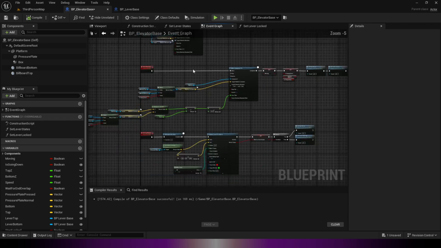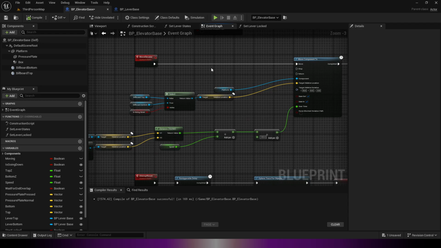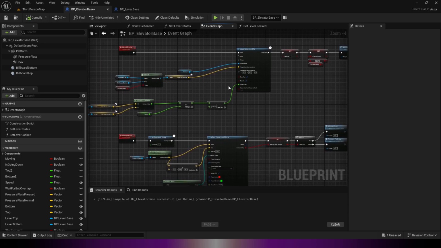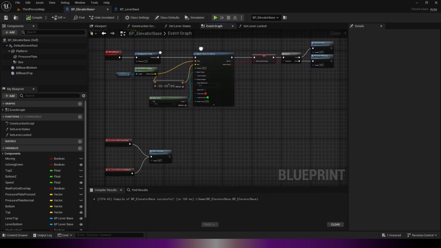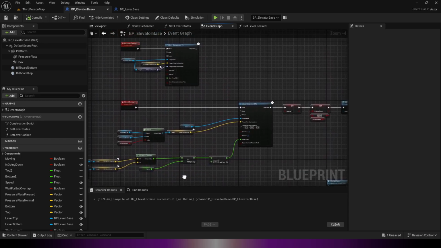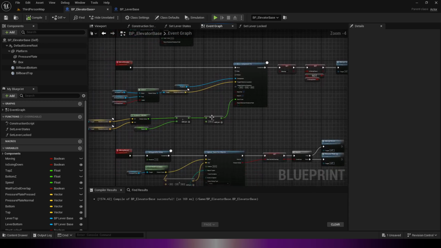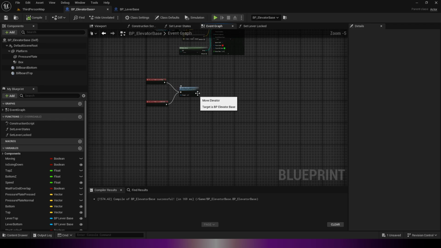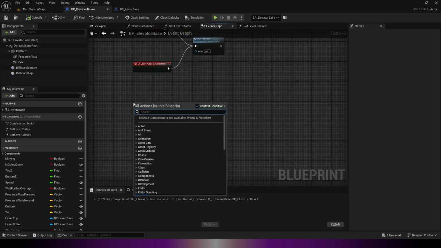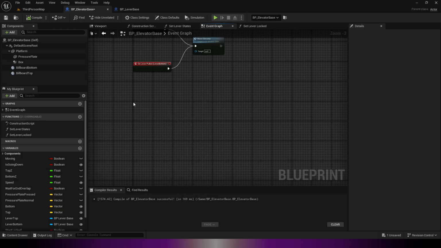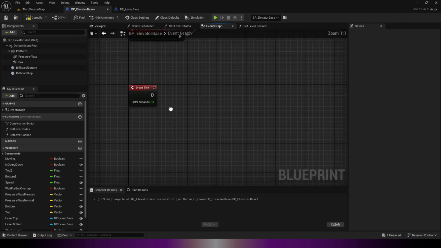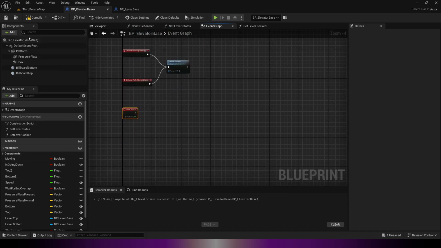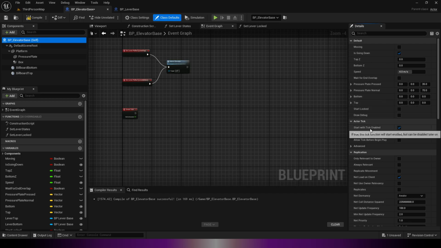So in order to fix this, we are going to have to enable event tick. Now please do keep in mind that that is bad for performance, to have any actor ticking anything at all. Now it of course does depend on how much you are ticking, and to be fair, we are not going to do much. However, it is best to keep this as optimized as possible. So let's add event tick here, and make sure that in the elevator base self we have start with tick enabled set